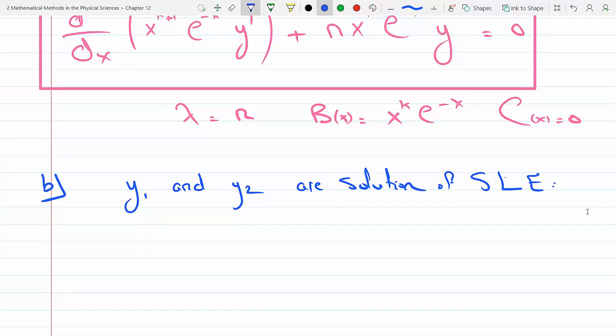That means y1 will satisfy the differential equation, and so will y2. So I could rewrite the Sturm-Liouville equation for y1, replacing y with y1,